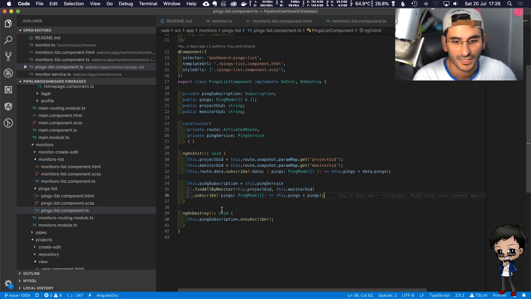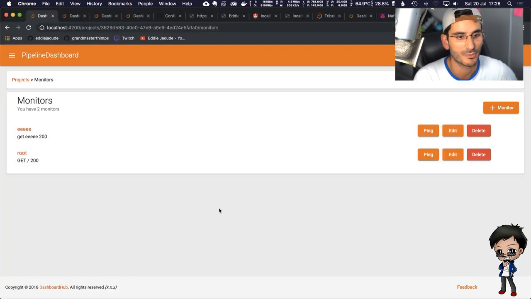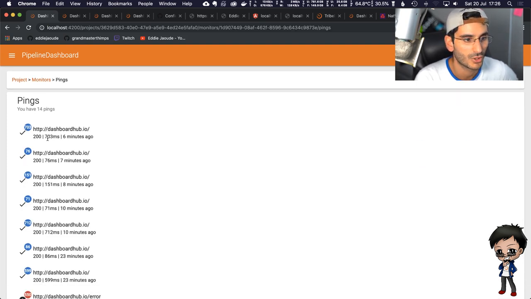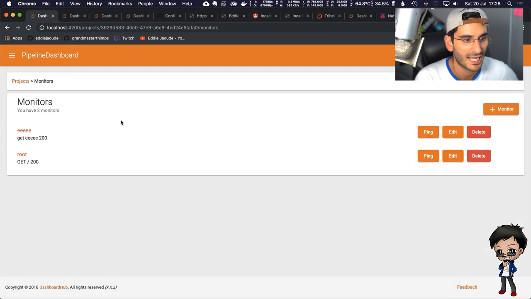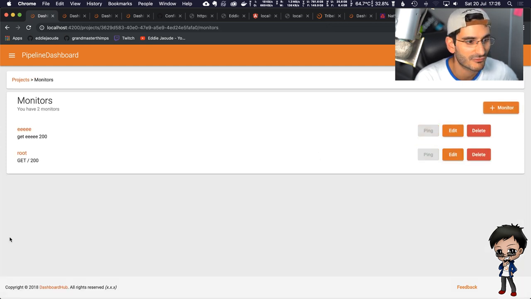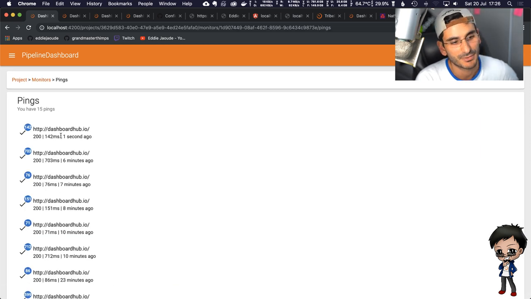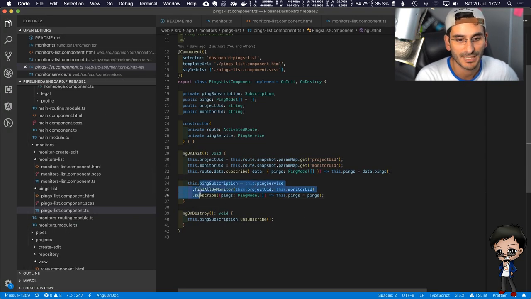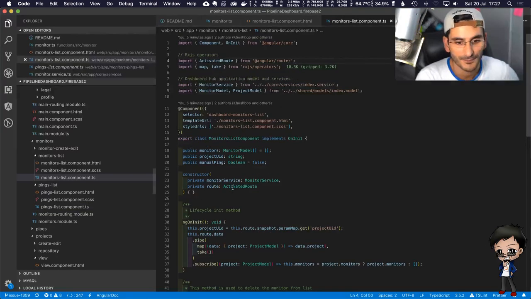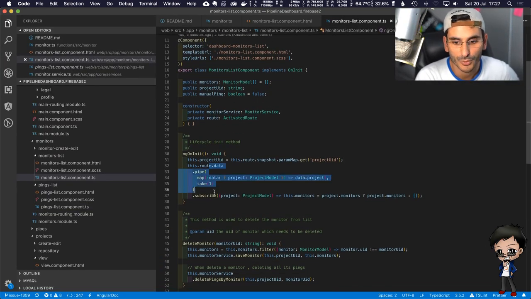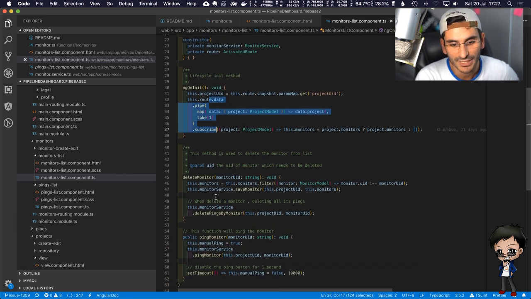And as you saw earlier on, I don't know if I can show you, but if I go into here, the latest one was 6 minutes ago. But if I go back and hit ping and navigate really quickly, it came in too quickly, so you couldn't see the page load and then it come in afterwards. But basically, if I had come to this page and this wasn't here, it would automatically load in. So it's important to keep it live. Whereas on this one, we get the data from the route, which is really nice, but that's it. No more data will come in.